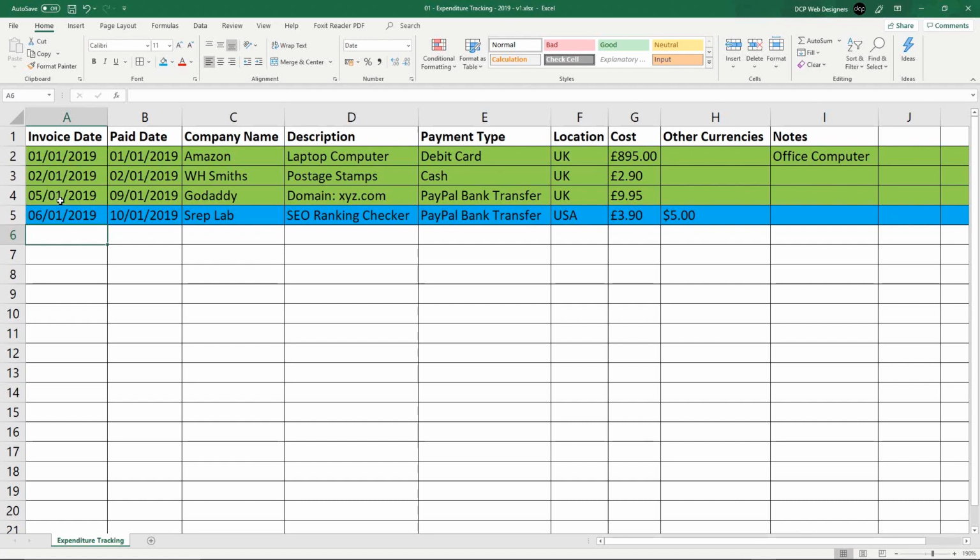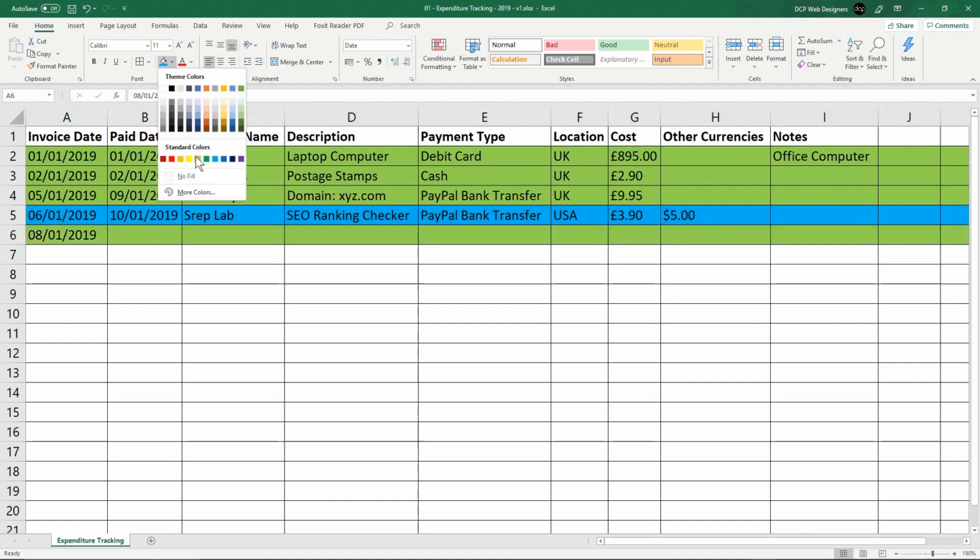Now if it's something based in the UK, what I'll do is copy this and paste this here, and I will change the date, right? So let's change this to, let's say, the 8th, and we will select this row and highlight it green. We can just highlight it like this, and we're doing a mobile phone, right? So I'm just going to make up the mobile phone company name. I'm not actually with this company, but let's just do